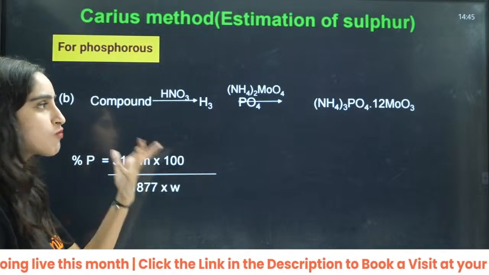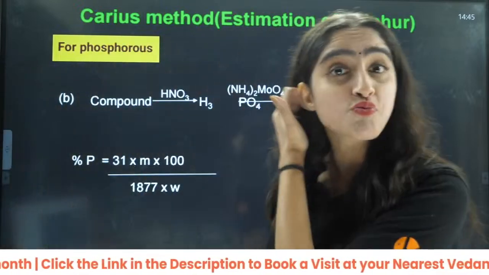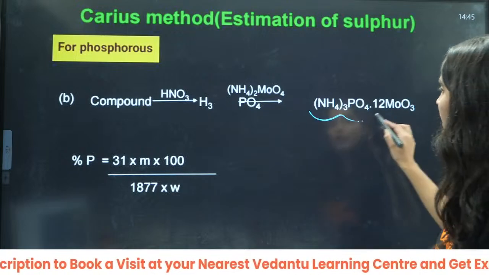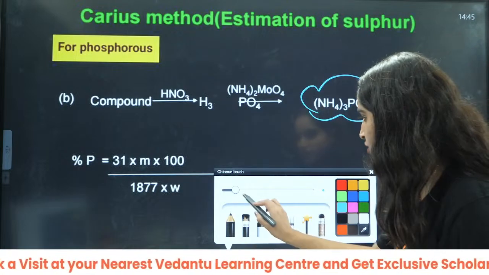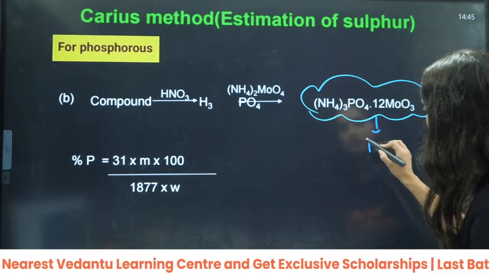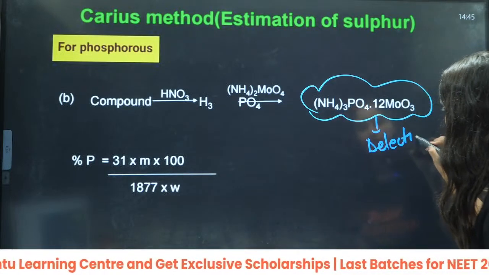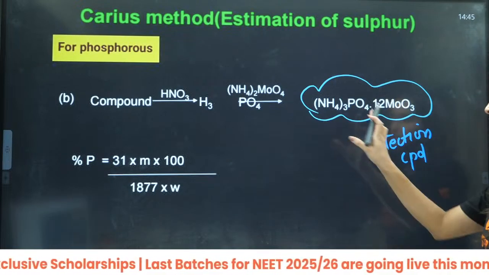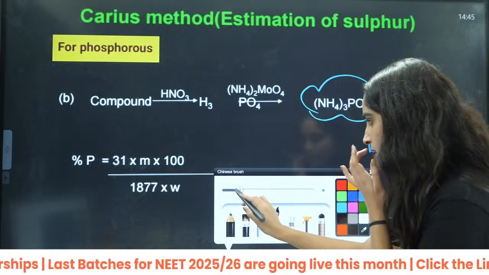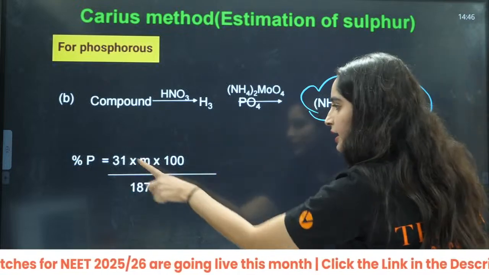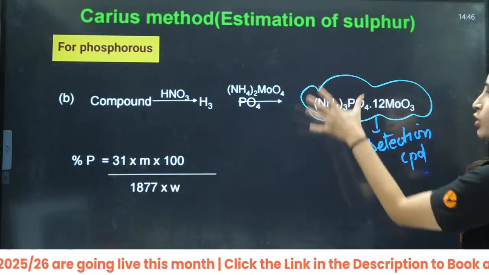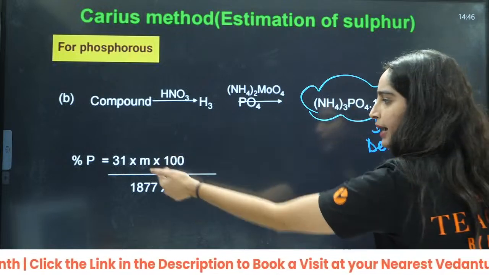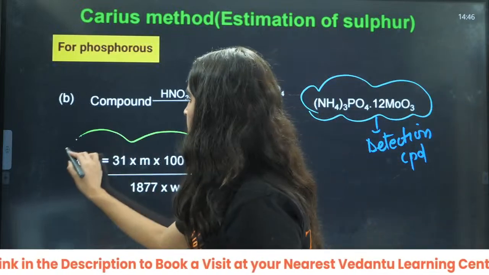Okay. Now this is one more. This also we have done in qualitative analysis. We have done this reaction. This is your detection compound. And here we know that you have just one phosphorus. That is why this is 31 divided by 1877, which is the molar mass of this compound, multiplied by m by w into 100. So this becomes your